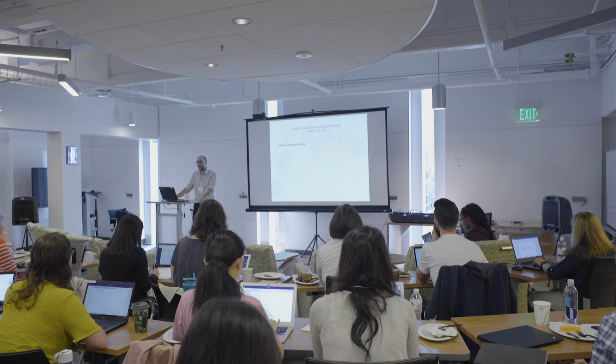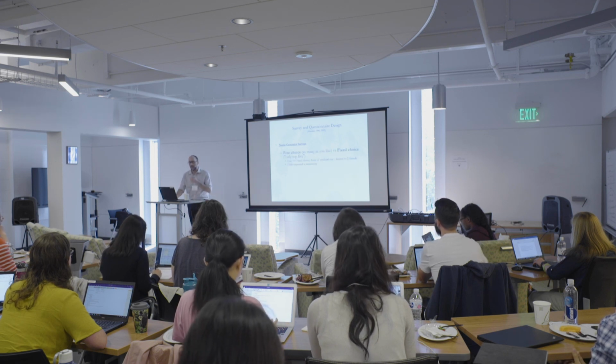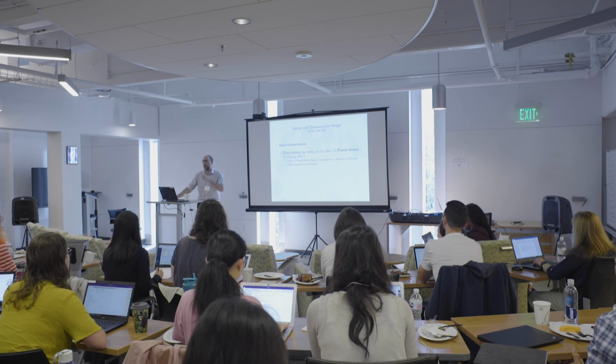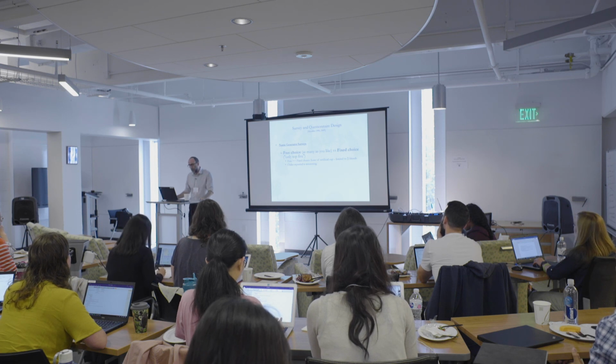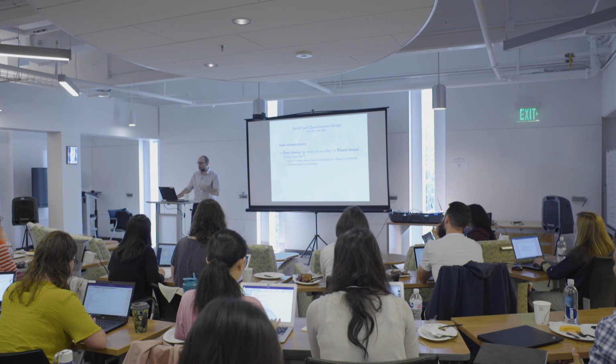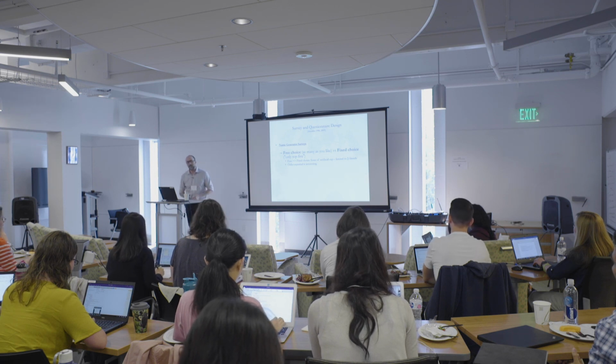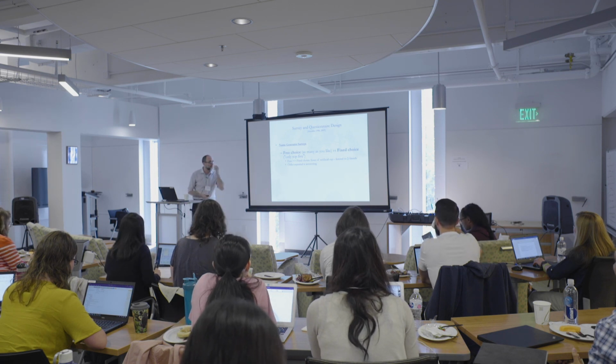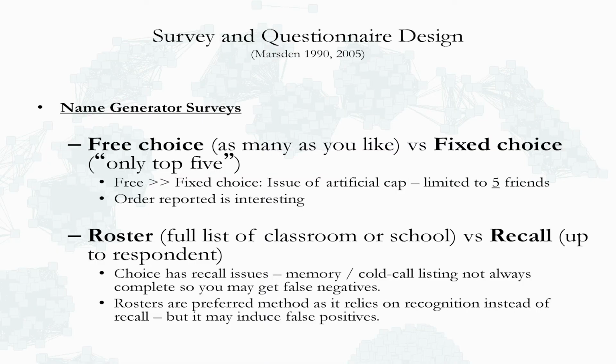The most common is these name generator surveys. This is the most common in terms of gathering egocentric networks. So you put this into a survey, but you can also do this in more complete networks as well. You ask people to list the number of friends. Oftentimes people say up to 5, but then the thing is